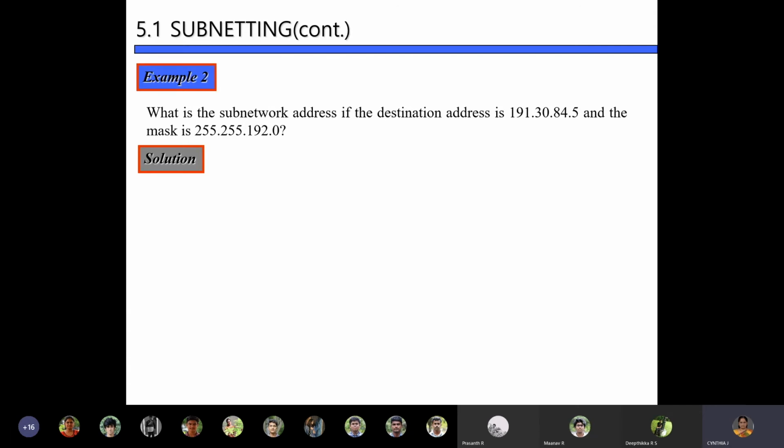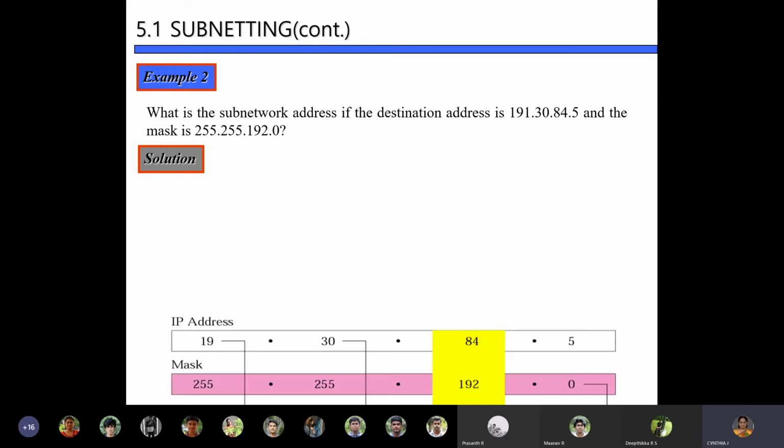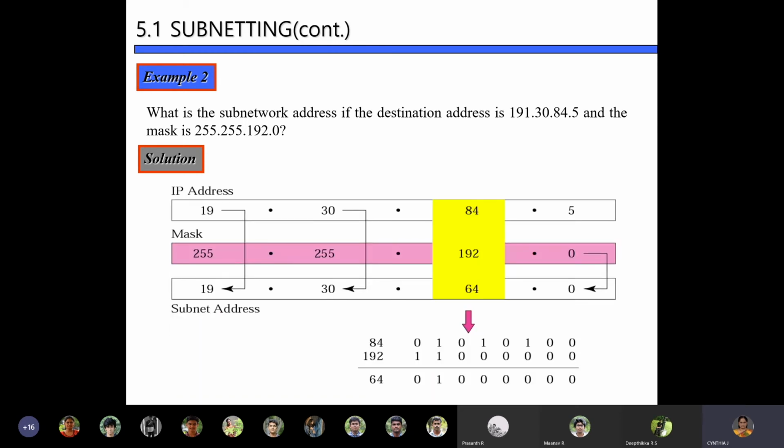Therefore, you need to find what the third octet in the subnetwork will be. You perform an AND operation on the third octet with the third octet of the subnet mask. It's not 19, it is 191.